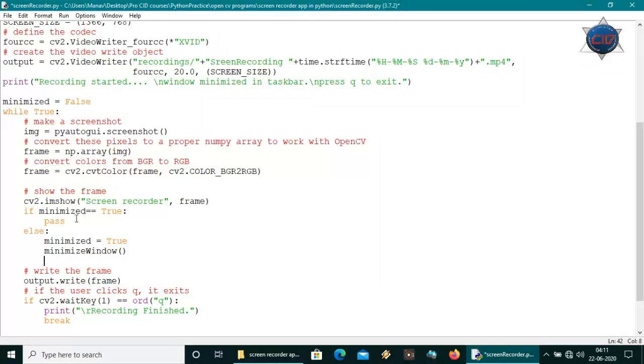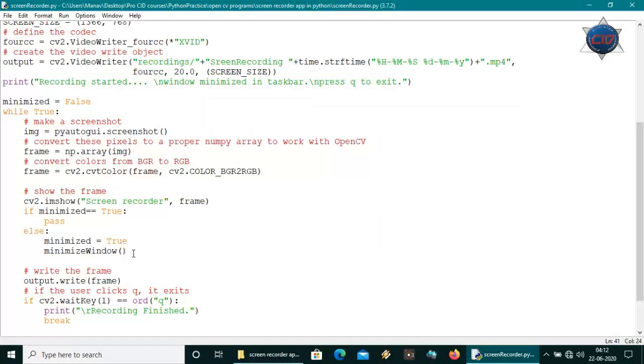Okay, so what's happening here is that when minimized is True, it will do nothing, but when it is False, then it will set minimized to True and will call minimize window. That means it will call minimize window only once.